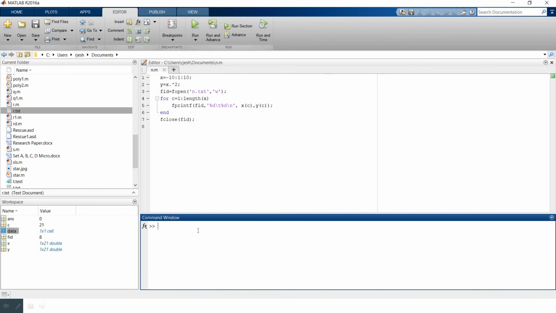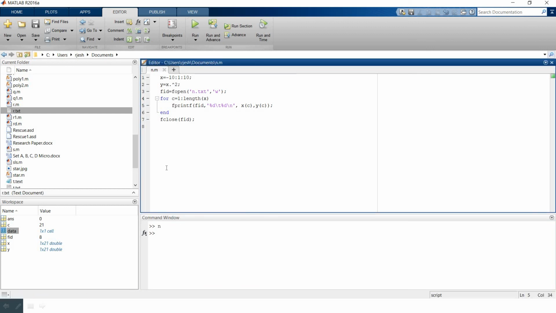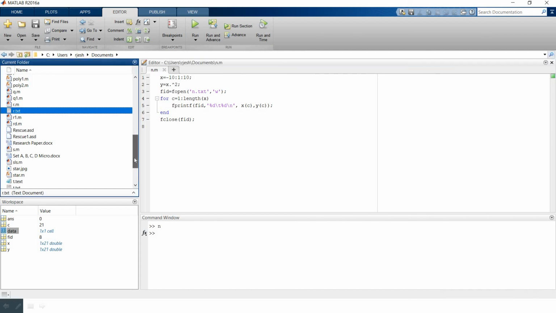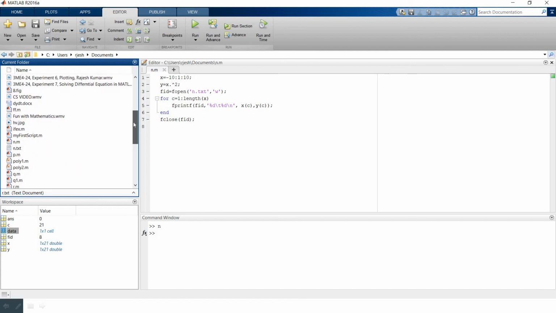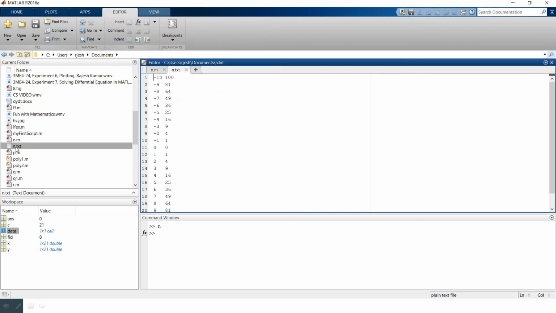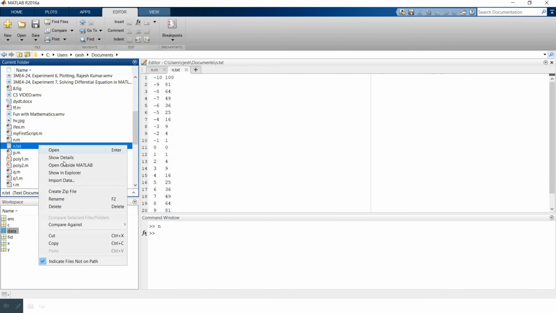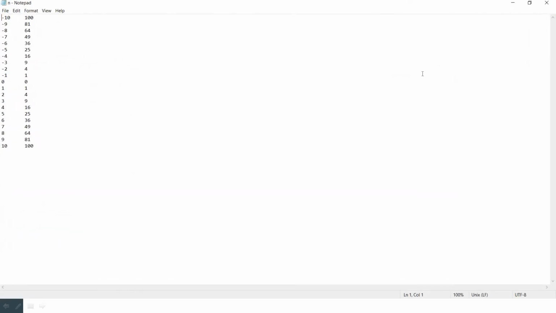Now see where your n.txt is created. Here is your n.txt. You can see the numbers in your txt file. You can open this outside MATLAB also. It is showing in Notepad.